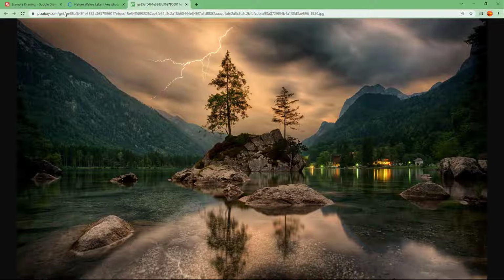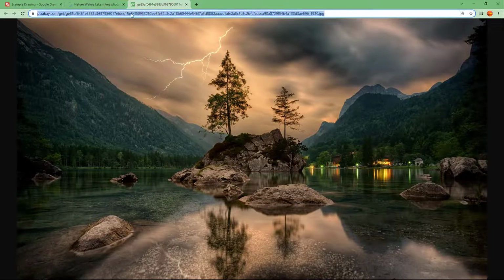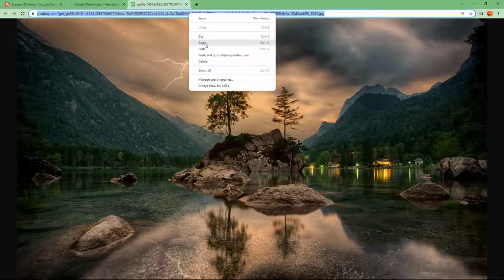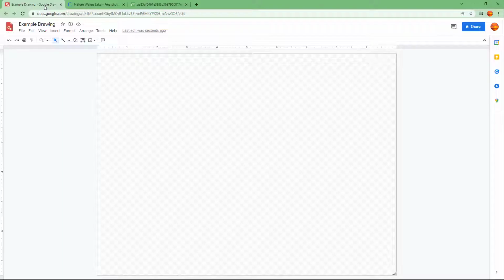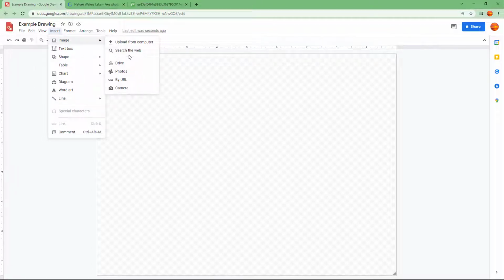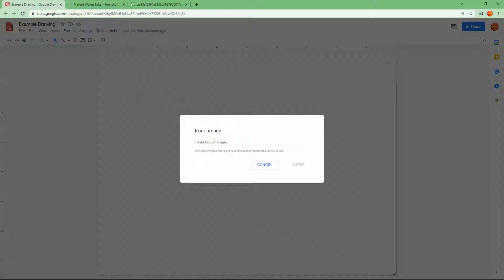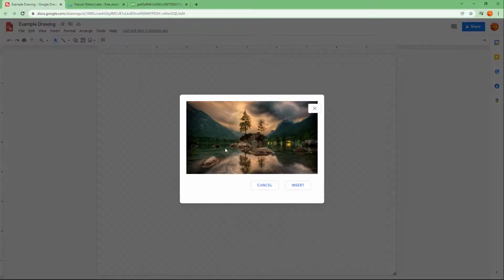Once I open up the image, you can see the image URL at the top. So I'm just going to copy this. To insert the image using URL, you need to click on Insert in Google Drawing, go to Image right here, and then click on By URL. Once you paste the URL right here, you can see that it loads up the image